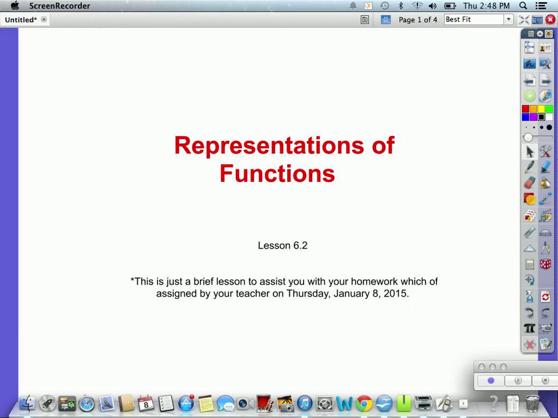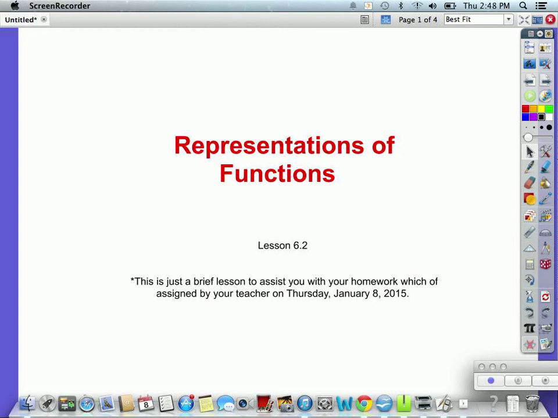Okay, we're going to get started. This is going to be a brief tutorial to assist you with your homework. It is on representations of functions, lesson 6.2. This is not a complete lesson. This is just a brief lesson to assist you with your homework, which was assigned by your teacher on Thursday,